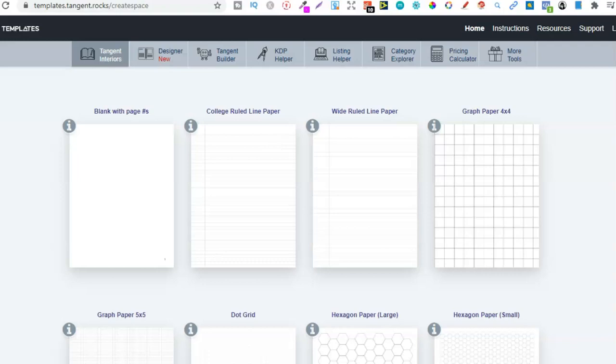Now, with Tangent Templates, this is a must go-to tool when it comes to low and no content book publishing. Main reason being they have all these interiors just here, but then they have all of these different tools as well. Now, I do highly recommend grabbing Tangent Templates. I think you can get it for $59,